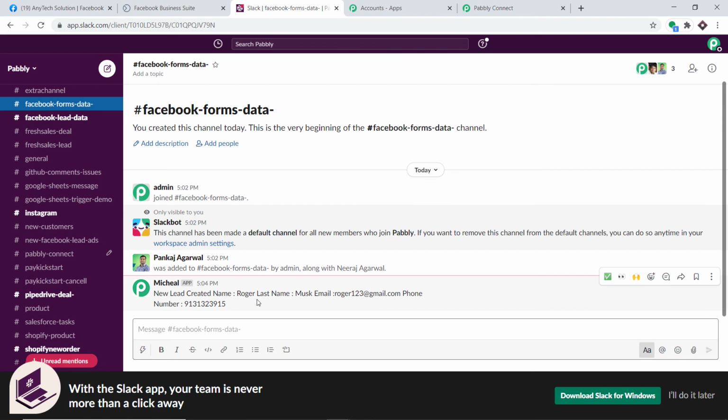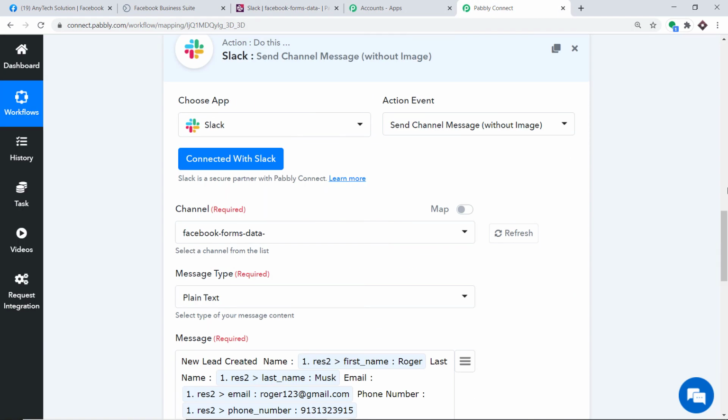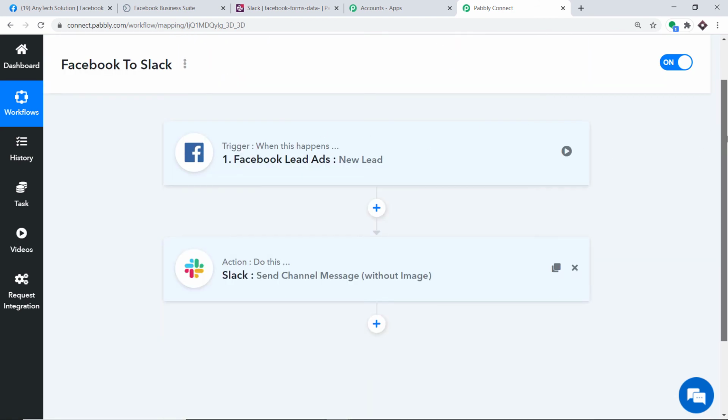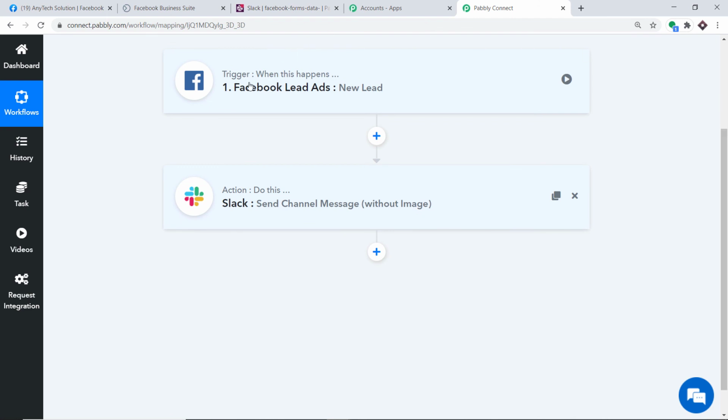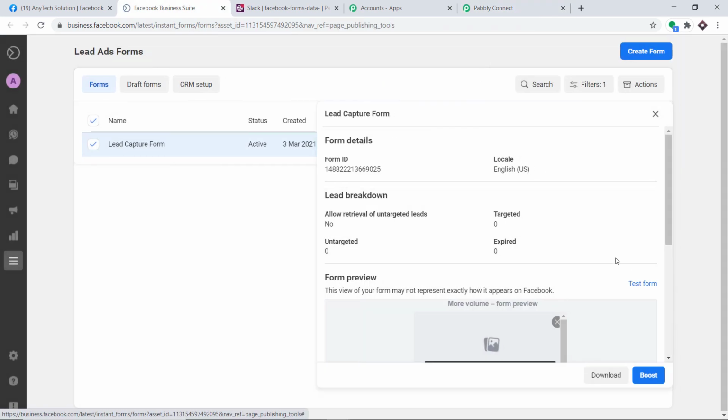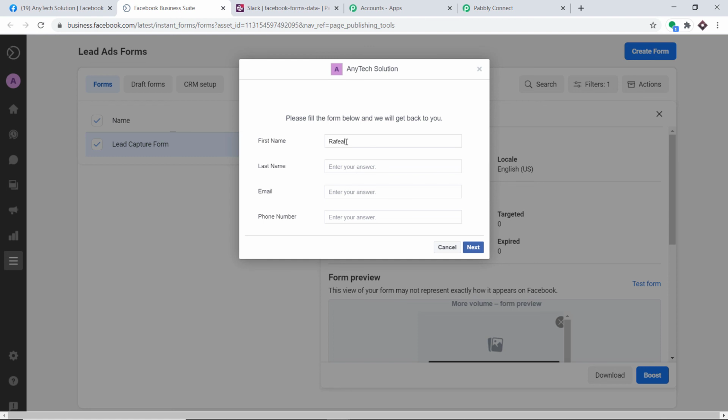But before we do that, I'm going to explain the whole process in a nutshell. I'm going to minimize my action window and I'm going to minimize my trigger window. So basically this is the whole process in a nutshell. First you integrated Facebook lead ads to Pabbly Connect and then you have integrated Pabbly Connect to Slack. So now there is a perfect flow of data between Facebook and Slack. Okay, so I'm going to make one more entry. Okay, test form. So the first name is Raphael and the last name is Nadal. The email is